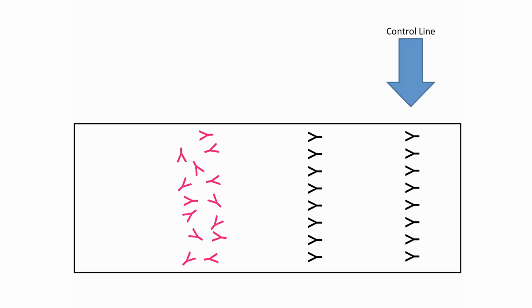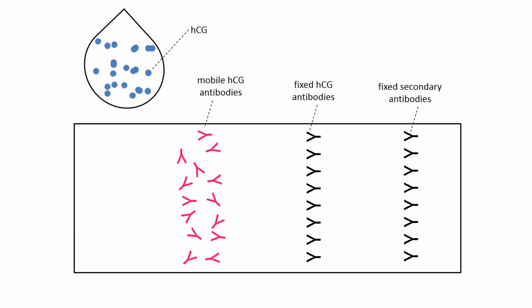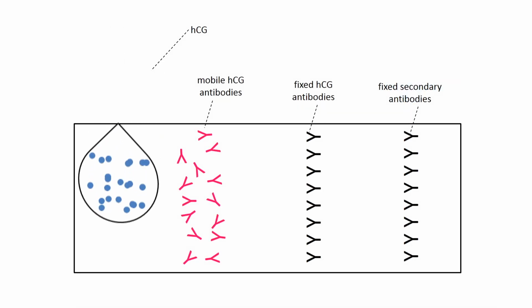The final line of antibodies are antibodies that will bind to the coloured mobile antibodies, and so typically they will be a different species of antibodies. So if the coloured antibodies are from a rabbit, we might have some rat antibodies that are anti-rabbit antibodies in that fixed position. Then when we add a sample, we've got a liquid drop here that's going to go